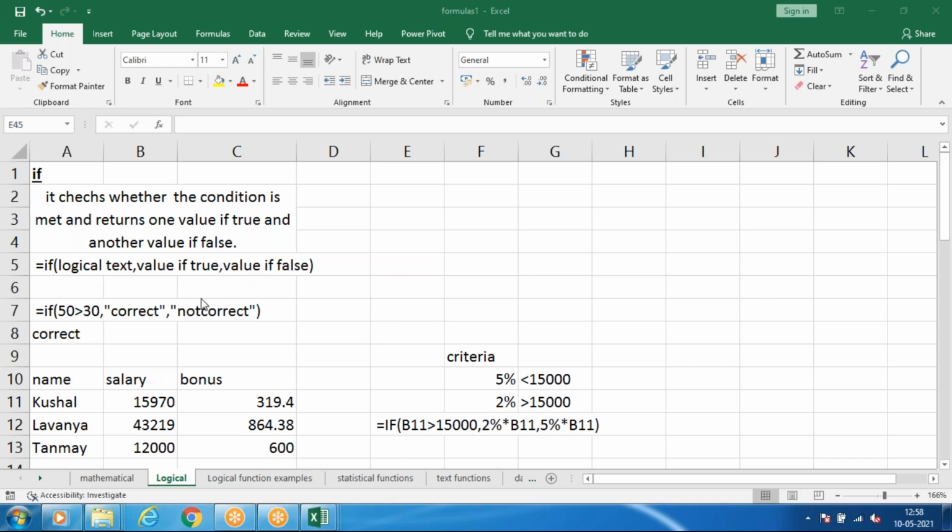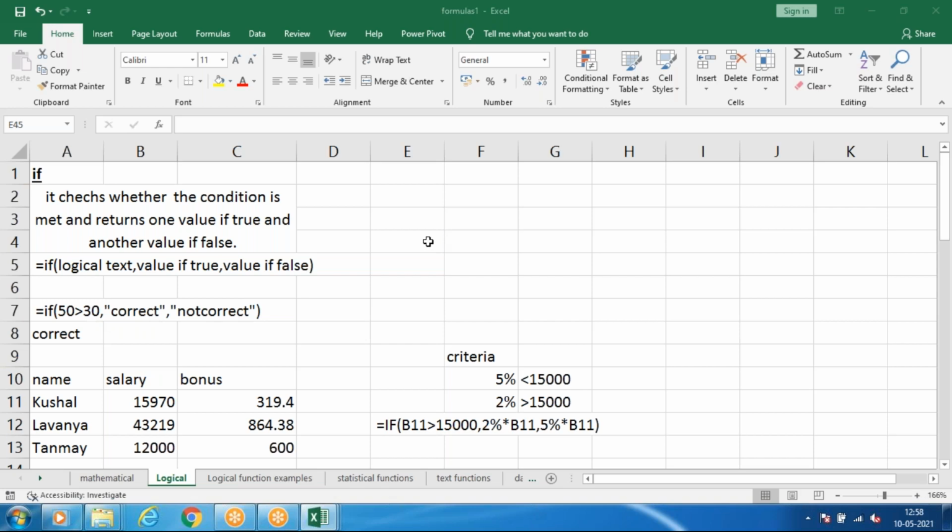It checks whether the condition is met and returns one value if true and another value if false. For example, if 50 is greater than 30 and the condition is true, give the value as correct. If the condition is false, give the other value.